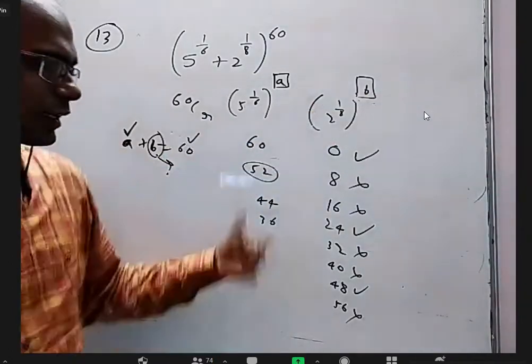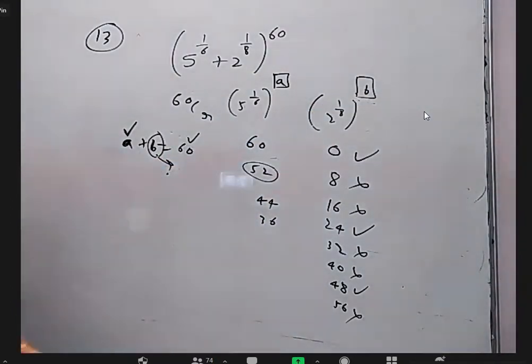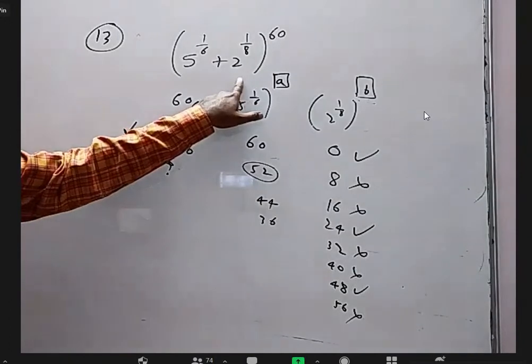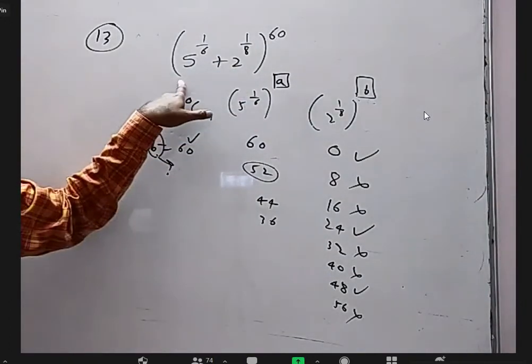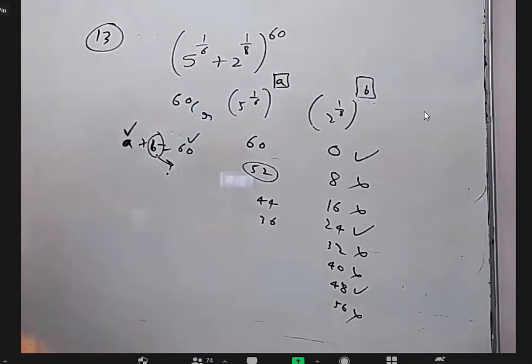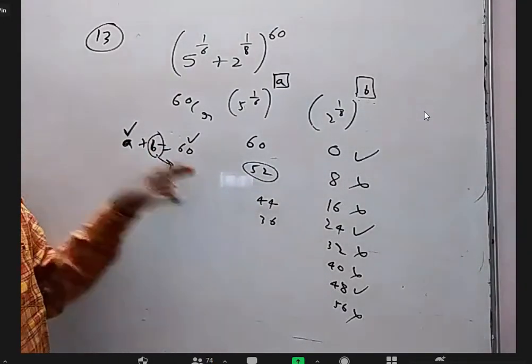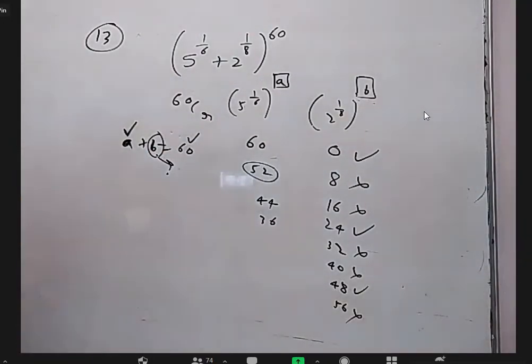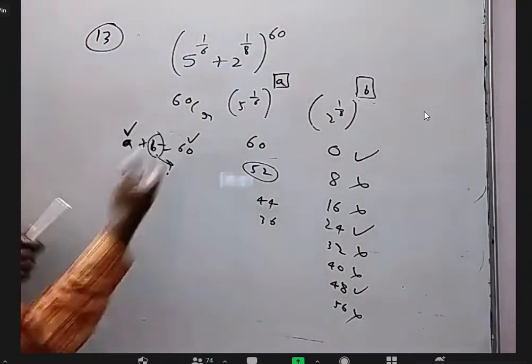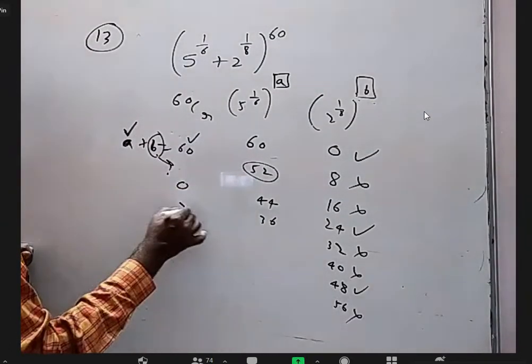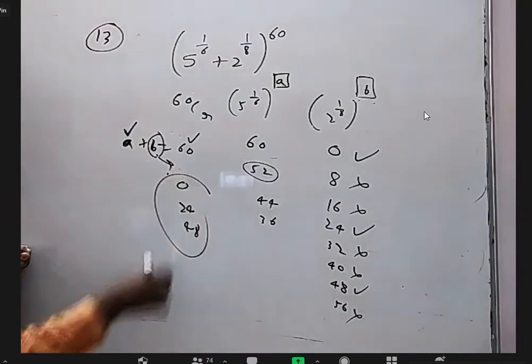So I don't want to write this many cases and reject some cases. I know when this is a multiple of 24, automatically what comes here will be a multiple of 6, because multiple of 6 minus another multiple of 24 means multiple of 6. Everything is taken care of. So if I understand this logic, directly my cases are 0, 24, 48. That's it, multiple of 24.